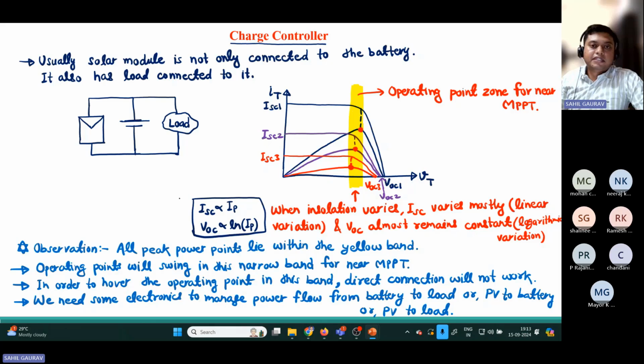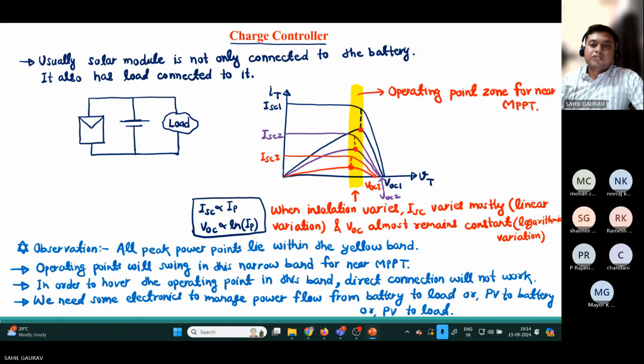So let us just recap this IV curve for the PV panel. Based on the insolation, we know the IV characteristics of the PV panel vary. This first one is ISC1 and VOC1 for a certain insolation. Now on decreasing the insolation, this IV characteristic comes down, so it will be ISC2, and the corresponding open circuit voltage will be VOC2. And again, the insolation comes down, then it will be ISC3, the corresponding short circuit current, and the corresponding open circuit voltage